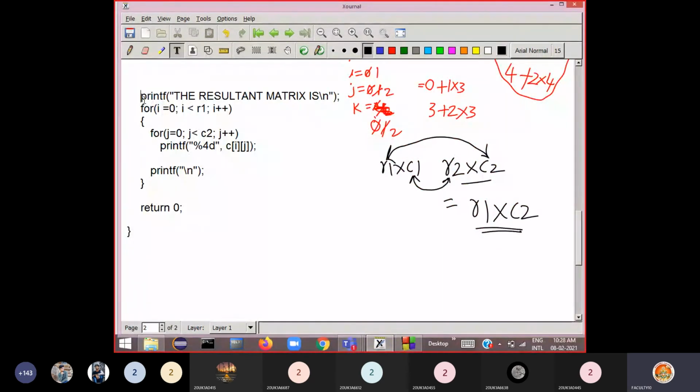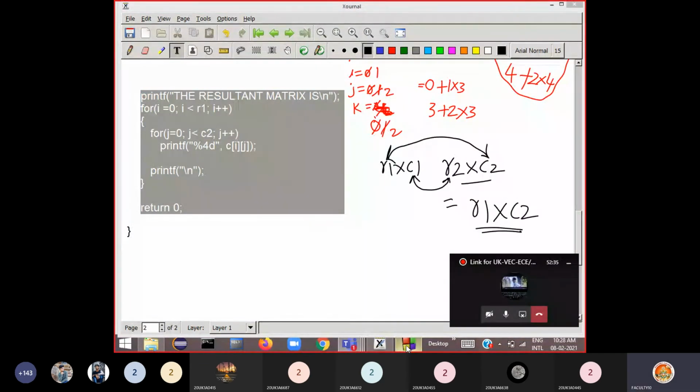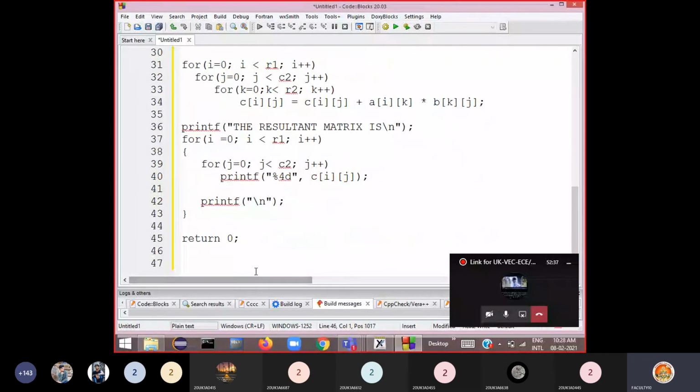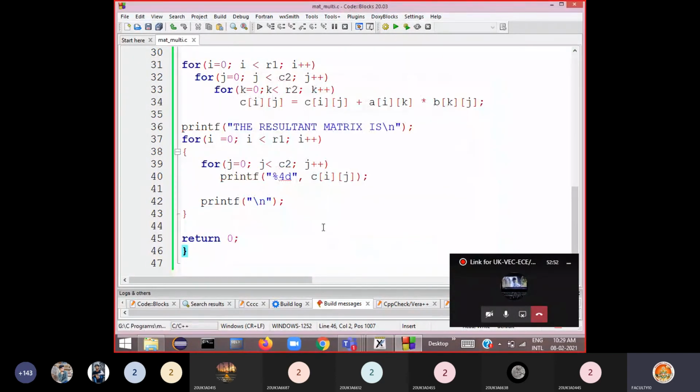Okay, so this is the code for printing the matrix, and finally close the main function. Okay, so I'm saving the program. So I say matrix multiplication. Okay, so matrix multi I say .c program.